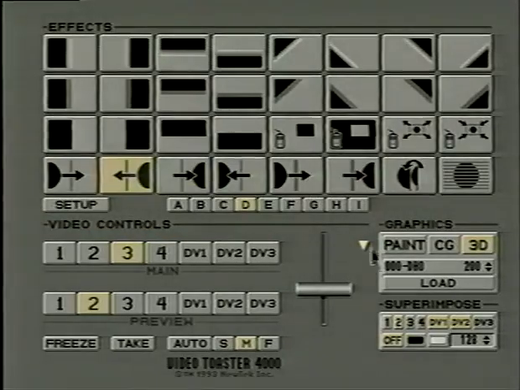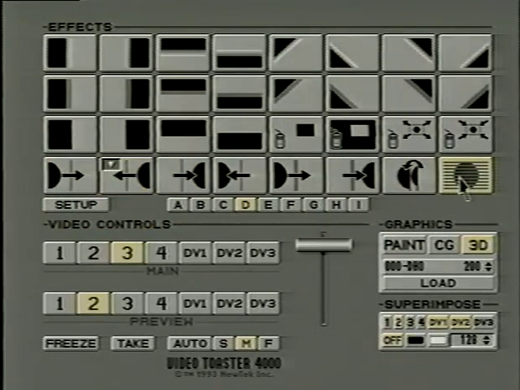We move it partially completed transition. You can see that because the triangle's on. Now we're going to click on the smooth fade effect. This is chosen and the original effect is highlighted. But because this is the major effect, it's the one that's really chosen now, hitting the auto key will run